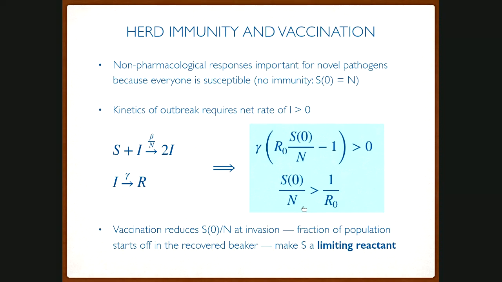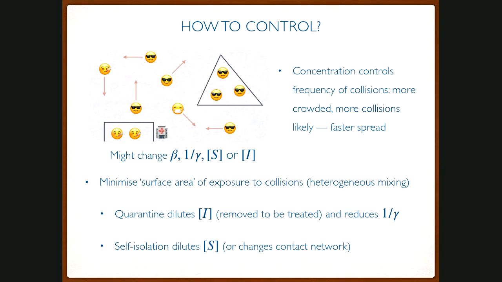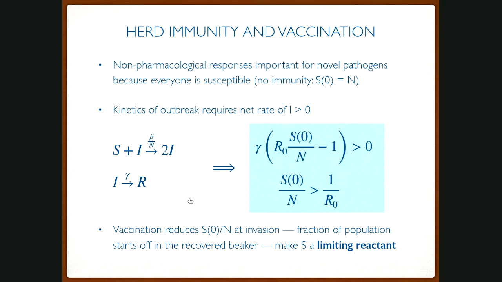So let's have a think about vaccination now. Previously, all the measures I've spoken about, whether it be quarantine, self-isolation, or social distancing, are all trying to do the same thing: reducing beta, reducing gamma, shortening lifetime, reducing SOI concentrations. But they're all non-pharmaceutical responses. And while they're very important when you have novel pathogens, they're not a real long-term measure that could be in